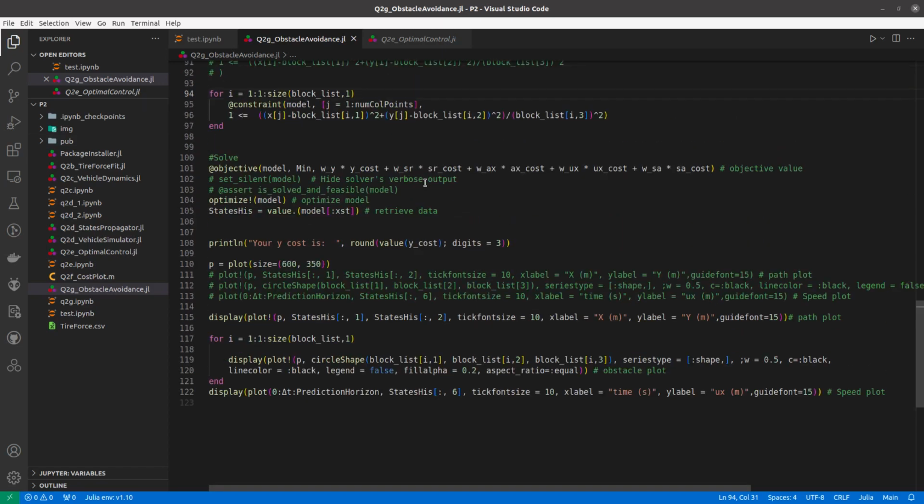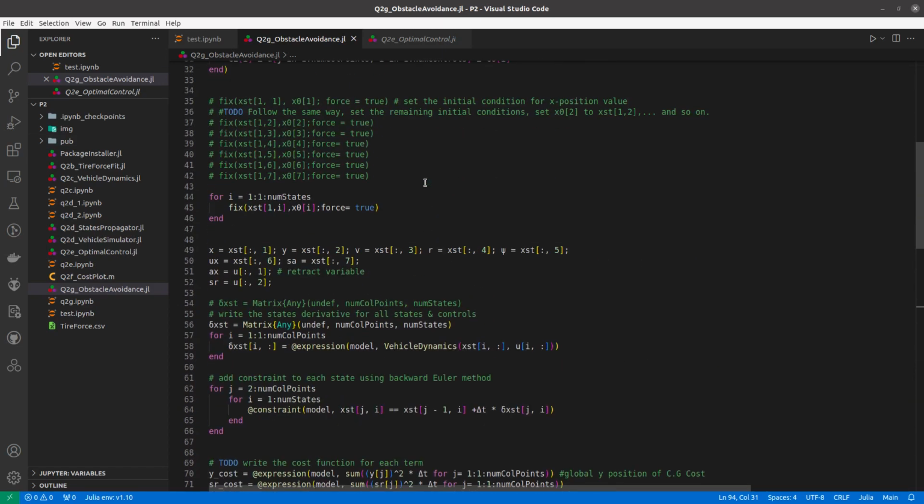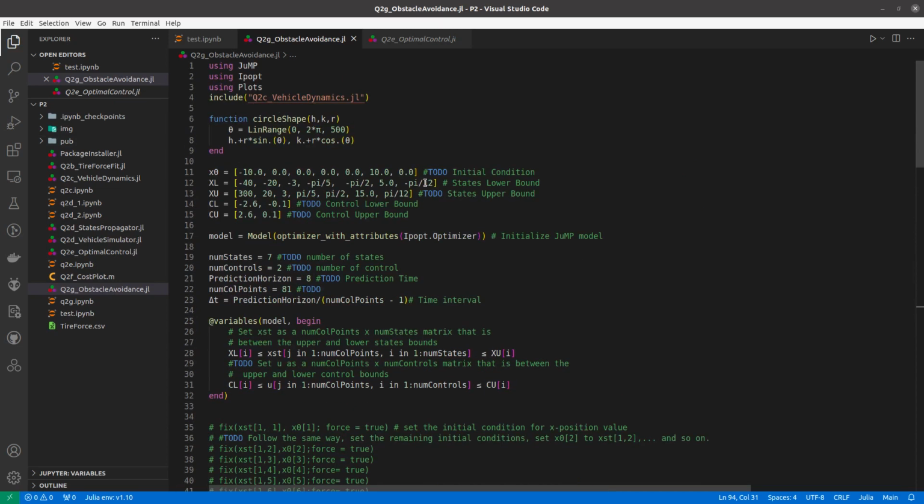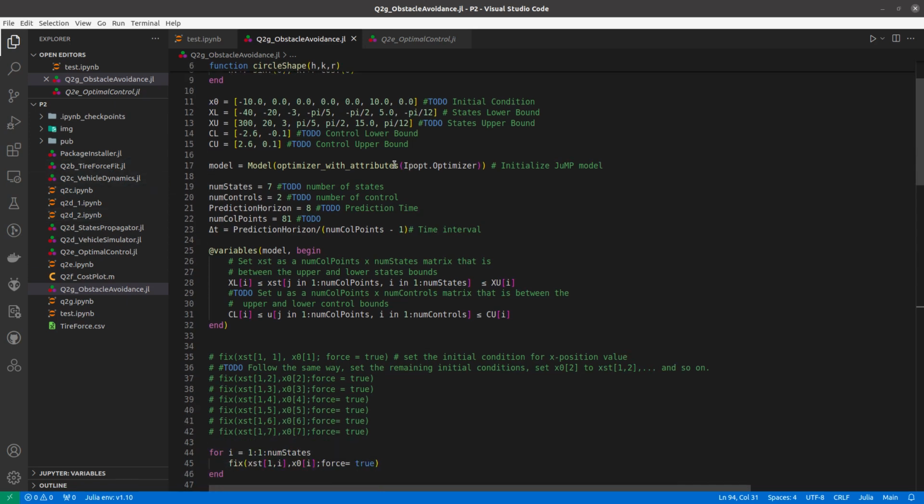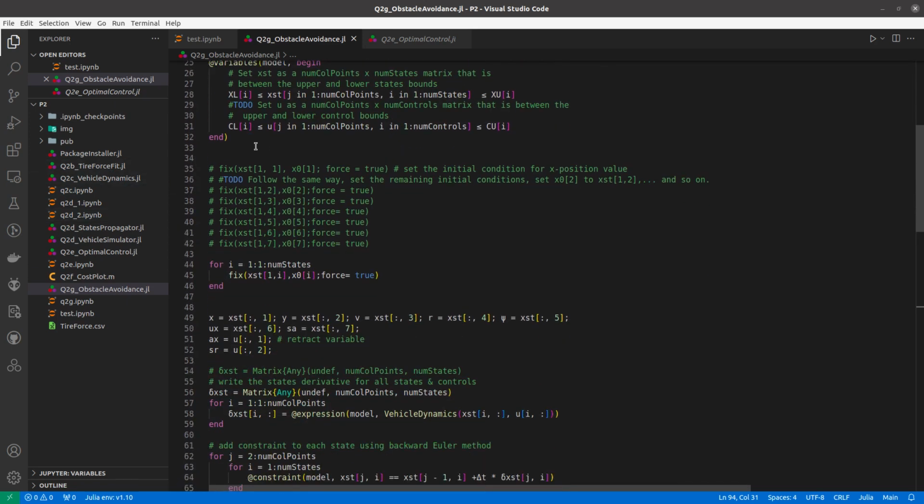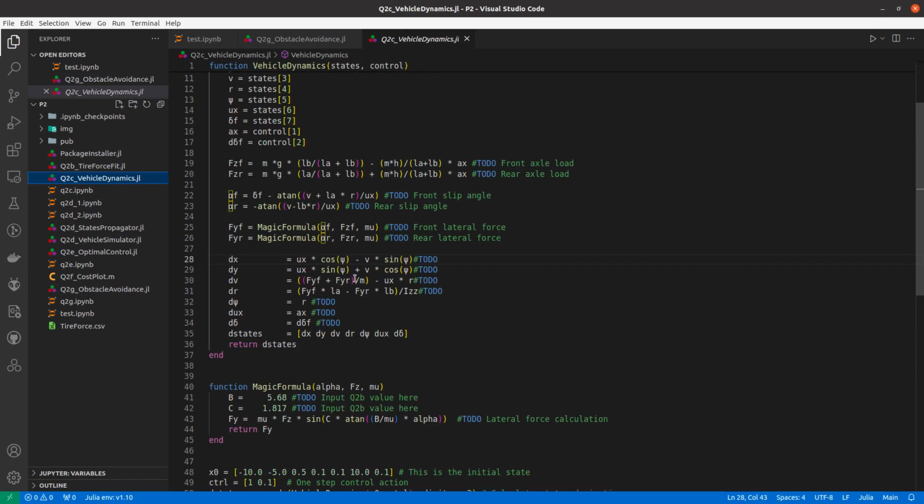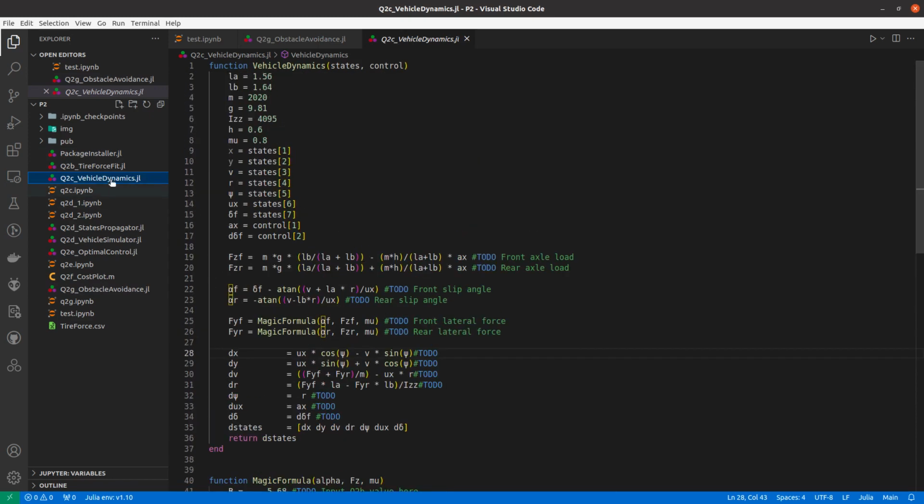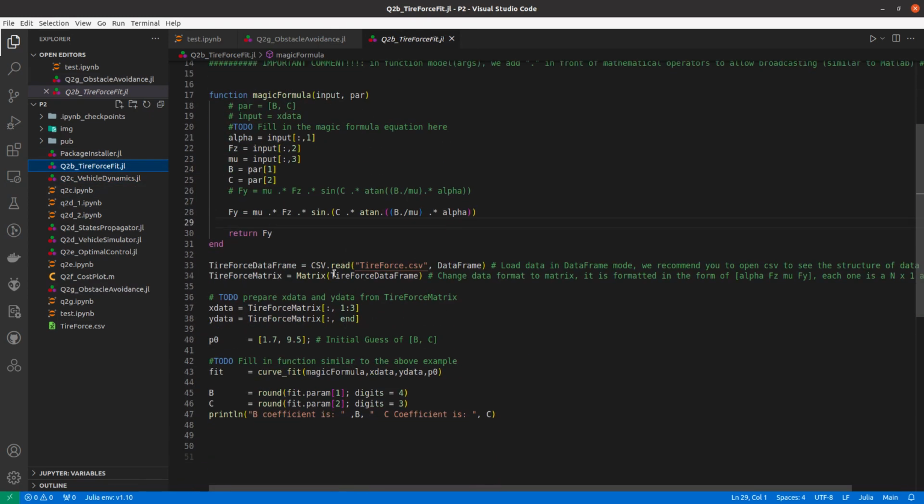Okay, hello everyone. So this project is about modeling a vehicle with 7 degrees of freedom, 7 states, to avoid 2 obstacles. So that is the big goal. So let me show you. We're going to model the vehicle using the magic formula, the Pacejka formula, that we're going to read from the Firefox CSV file